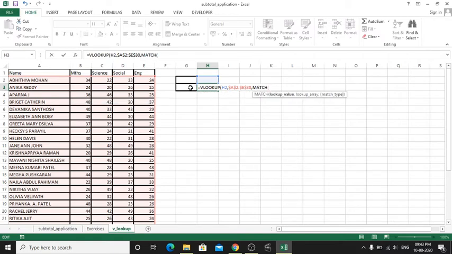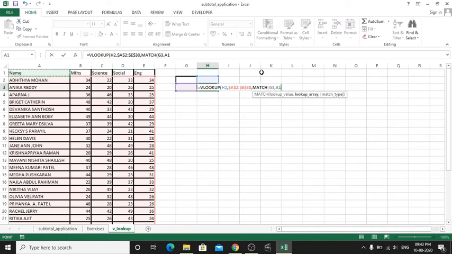So the lookup value is here. So in this column I am going to put the subject names, okay, and the cell range is this, right, because the subjects are listed over here.